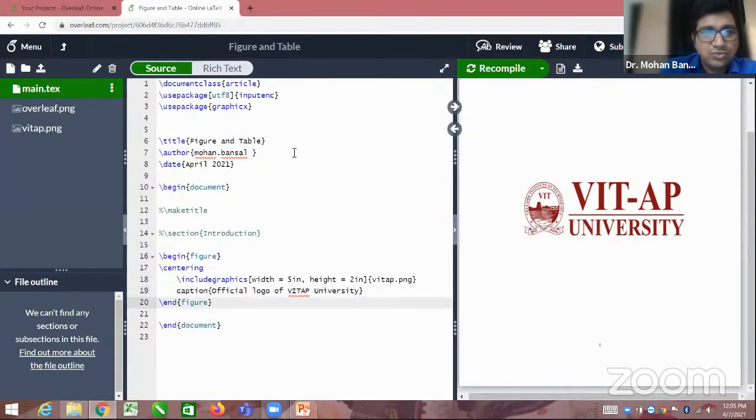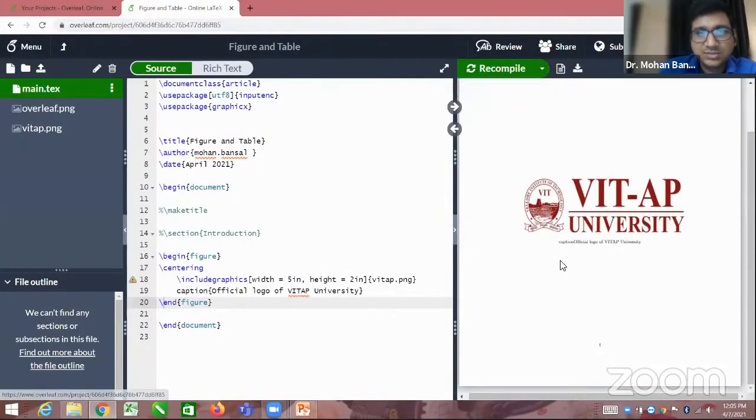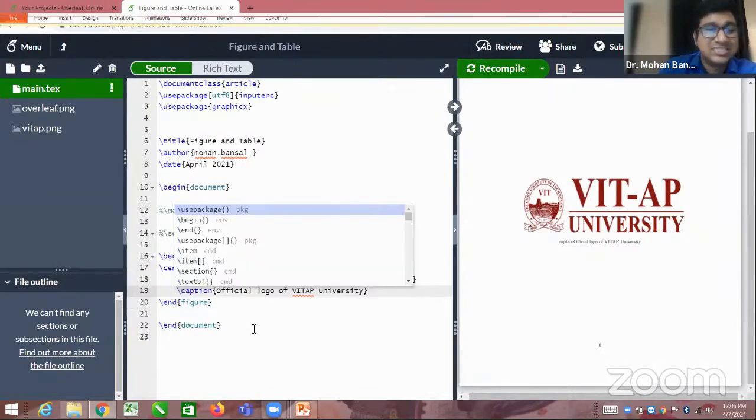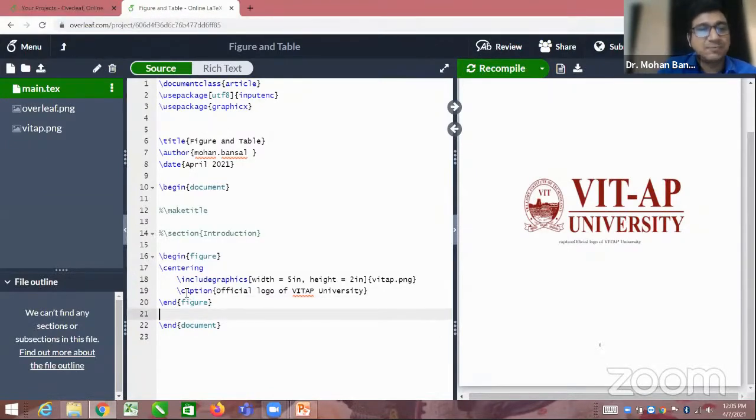Okay. So here you can see in this document, we need to include slash caption. Always each and every defined command, we need to use with a slash. Inside the curly bracket, you write the caption title.